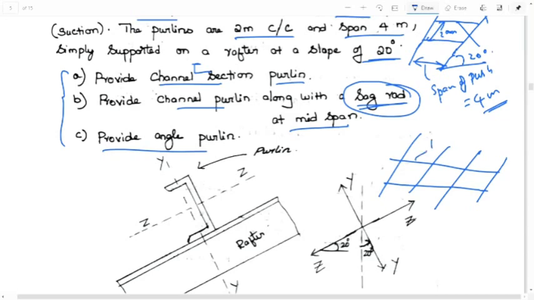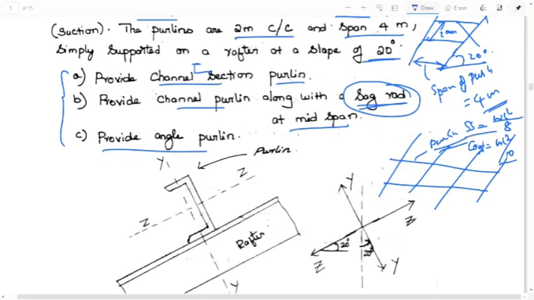See, this purlin can be designed as simply supported, or it can be designed as a continuous beam. If you consider that as simply supported, the moment due to UDL load has to be WL square by 8. And if it is considered to be continuous, you need to use an expression of WL square by 10 to calculate the maximum bending moment. Okay, these are the expressions to calculate maximum bending moment.